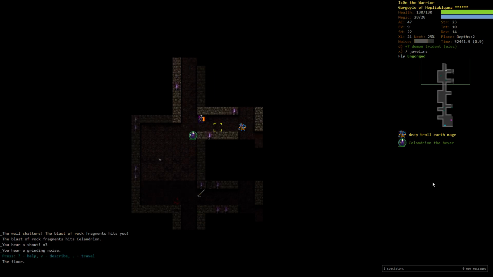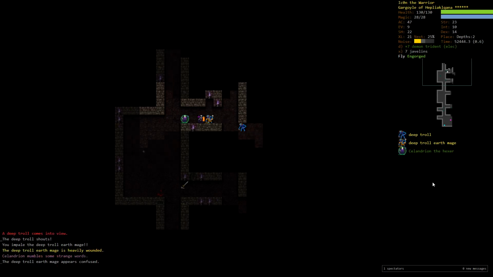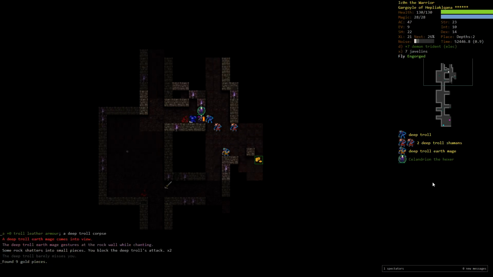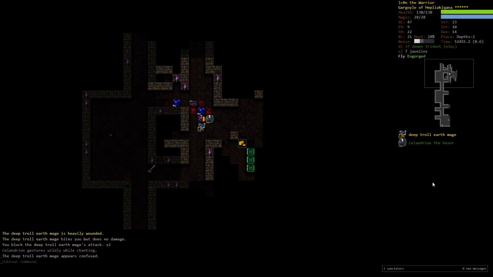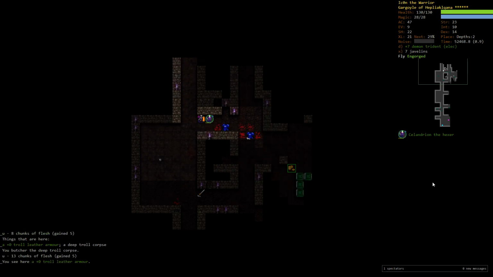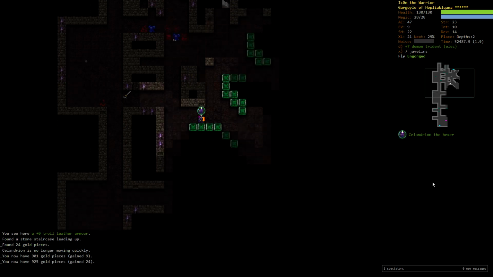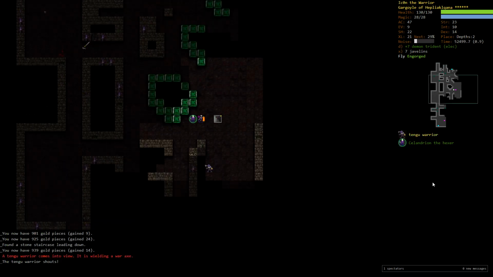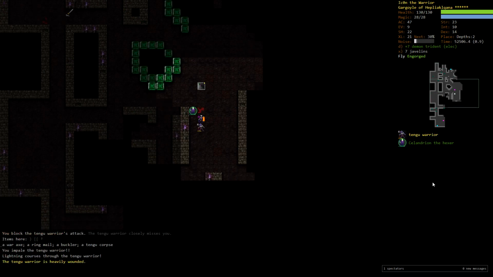So there we go. That's a Deep Troll Earth Mage. These guys, you gotta take them seriously, because they have Rapid Deconstruction, which is a spell which immediately shatters and hurts constructs, and surprise, we're a gargoyle. That counts as a construct. These guys can blow you up pretty good, and the main problem with Least Rapid Deconstruction is that blocking line